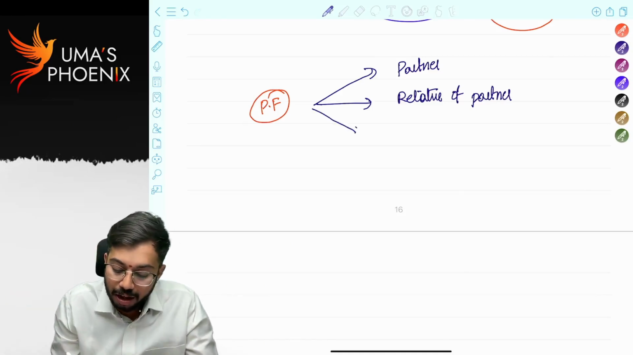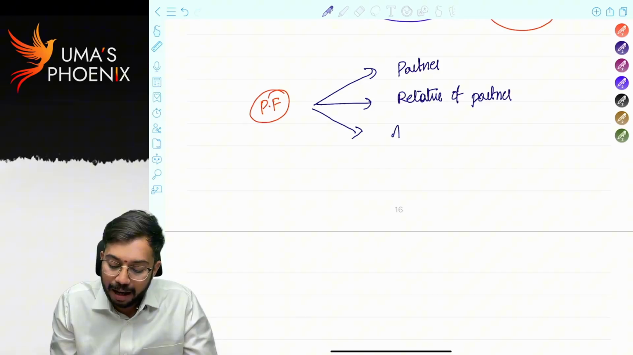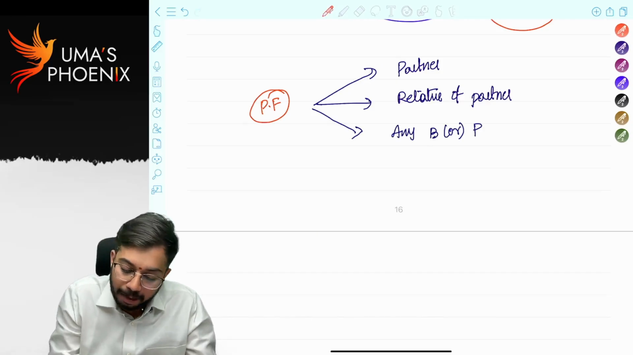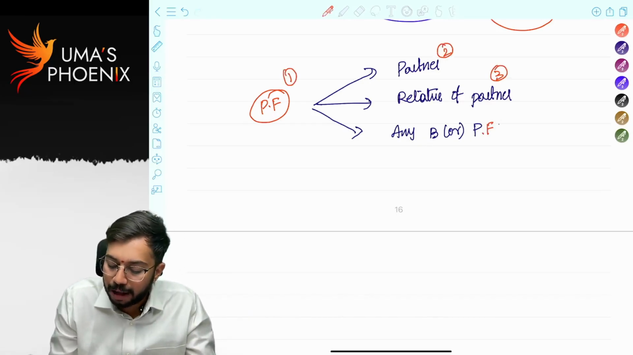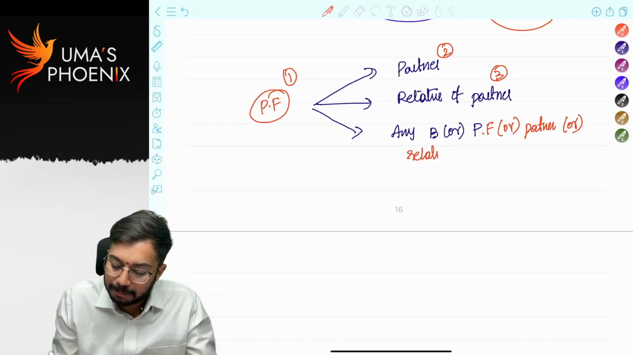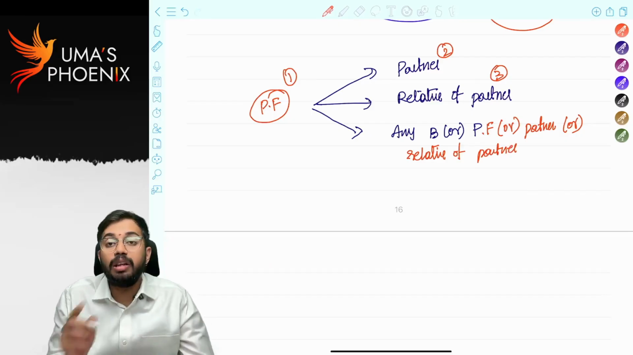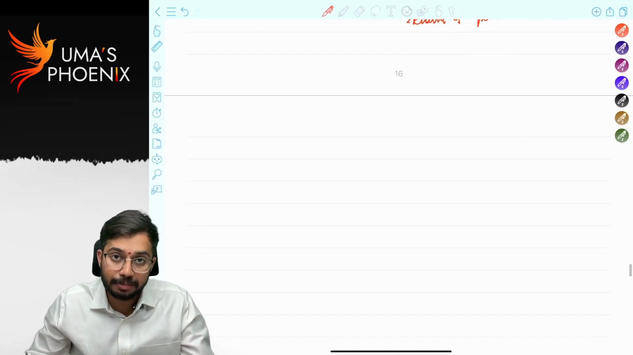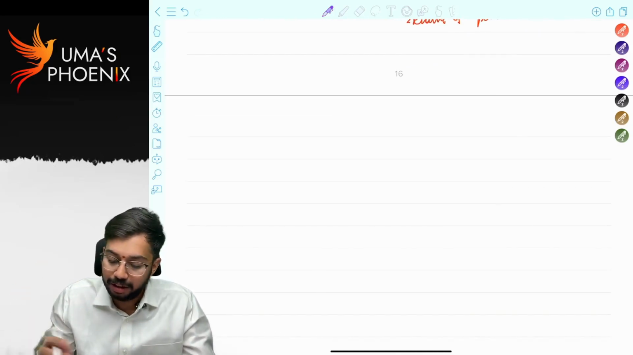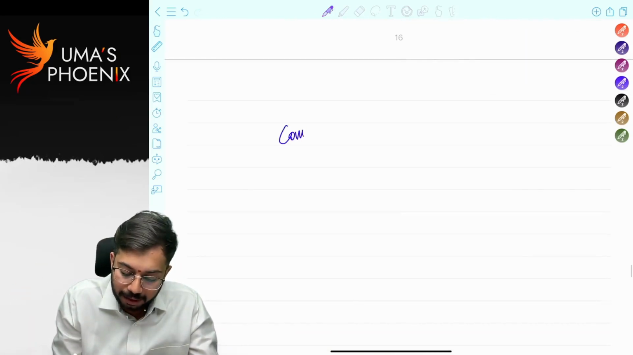Okay, not only the partner, even for a relative of the partner, if any excess payment is made, that is not allowed as deduction. Not only the partner or relative of the partner, any other business or profession in which the partnership firm or partner or relative of the partner is having substantial interest, even that other business is also considered as a specified person, and if any excess payment is made, that is not allowed as deduction. Next, in case of a company,